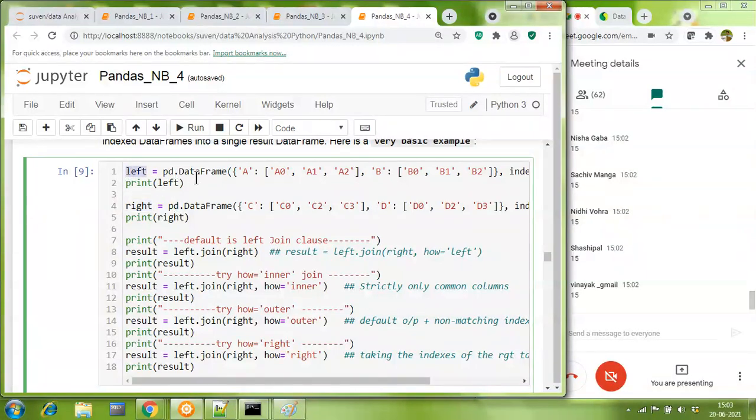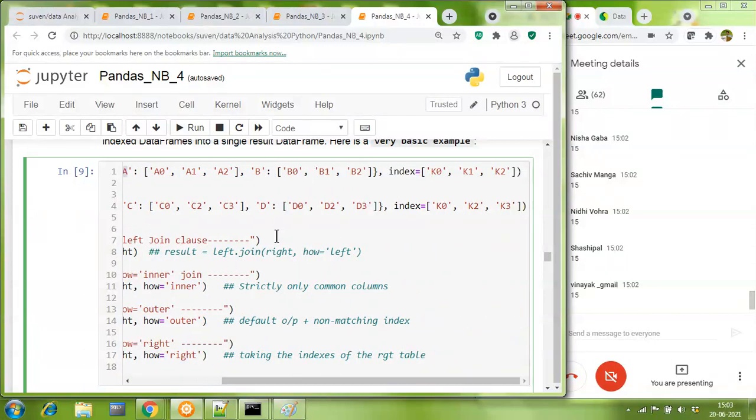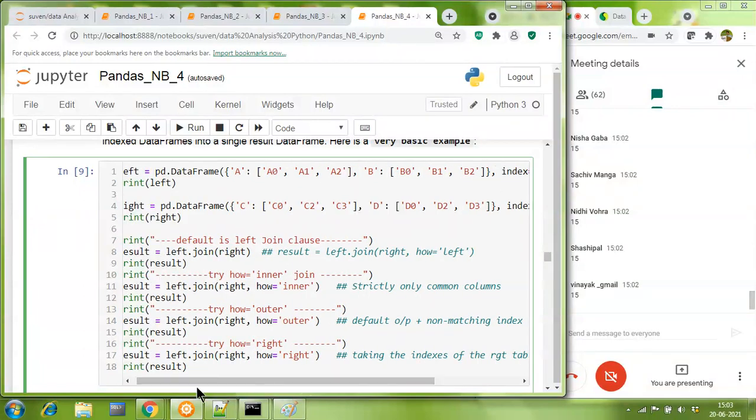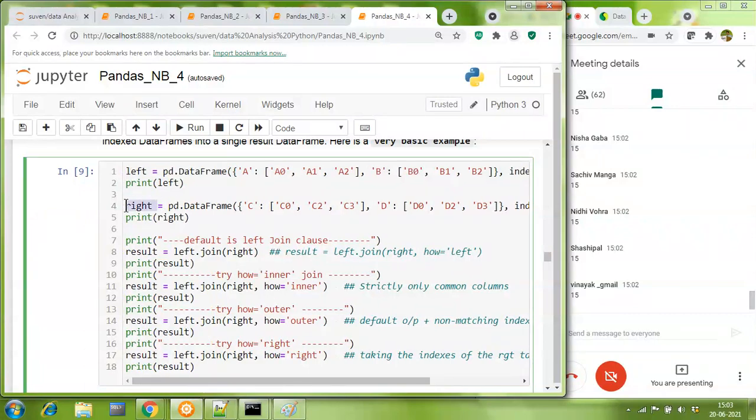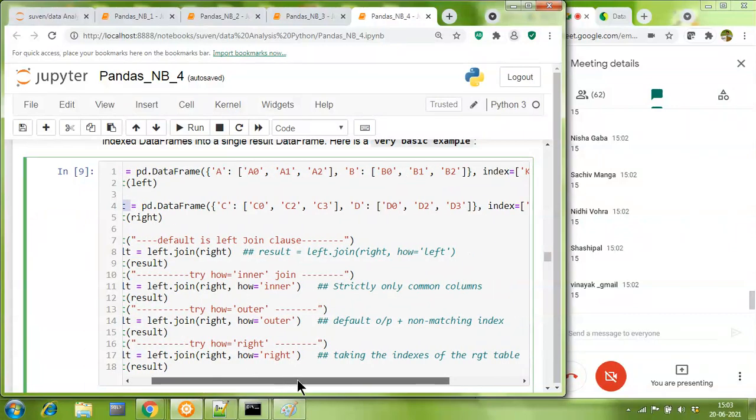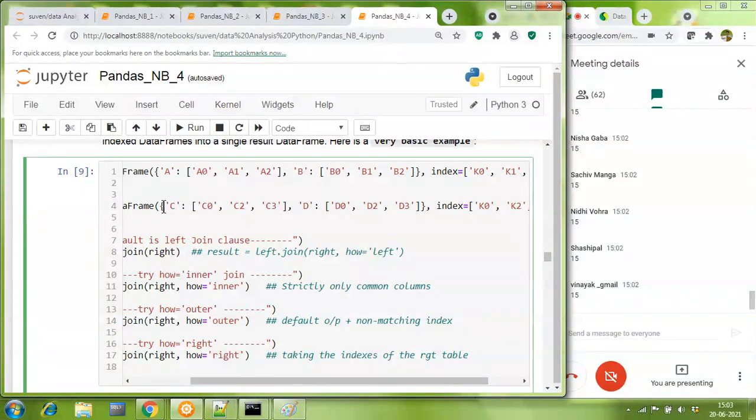So my left data frame is having my column headings as A and B, and indexes given to the rows are K0, K1 and K2. In my other data frame, the right data frame, I have 2 columns. One is C, one is D, of course, which have no correlation with the columns A and B. That's okay.